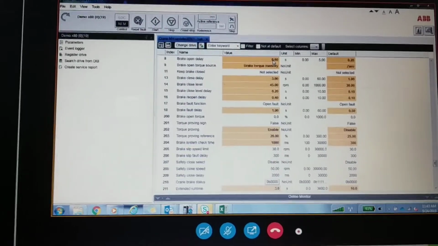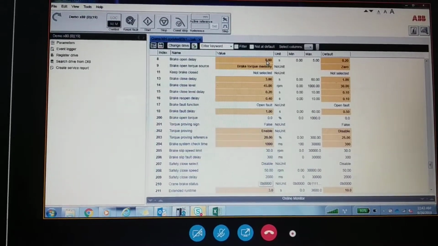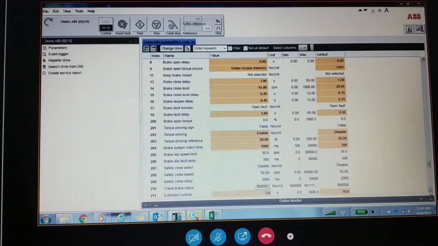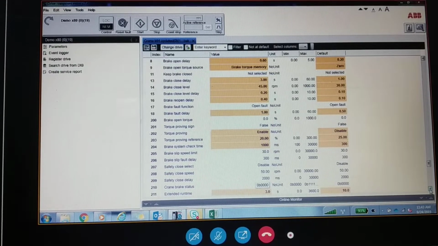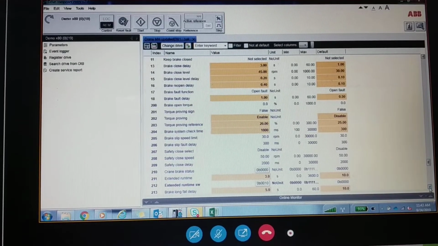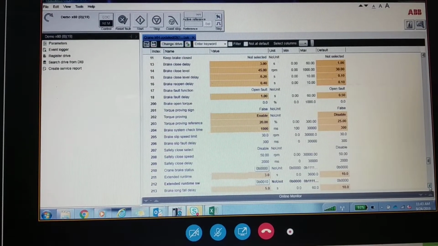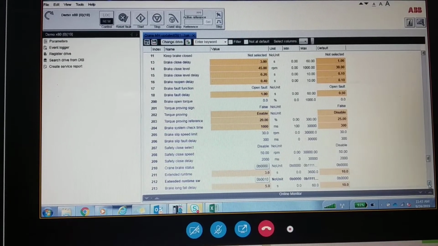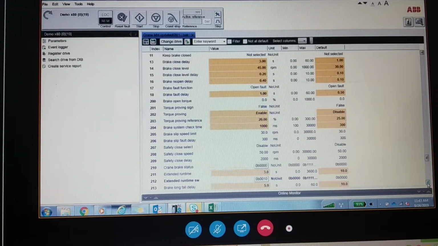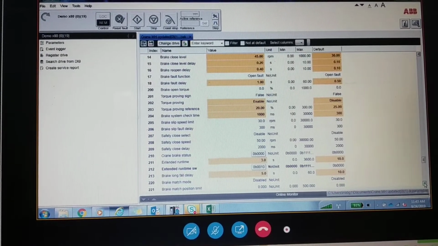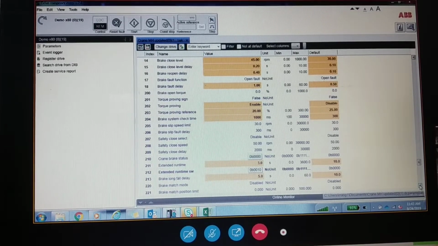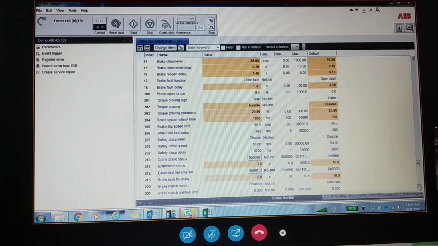So other parameters need not be changed. See, this is one more feature we can use, extended runtime. Most of the time you can avoid it also. So this will keep the motor magnetic. If the customer asks, okay, I want to operate faster and want to avoid the delay in magnetization, then you can use this extended runtime. This will avoid that delay of 500 milliseconds at each start, even during the engine operation.